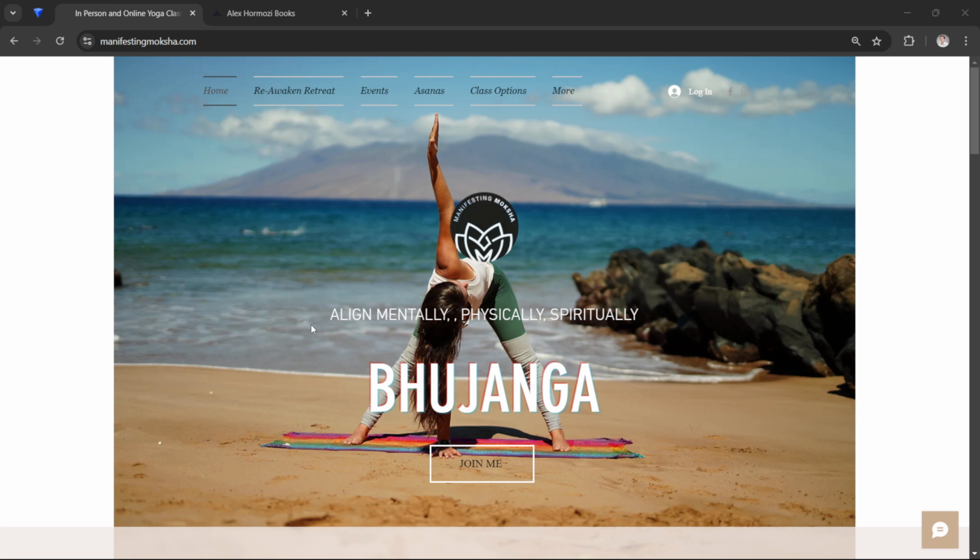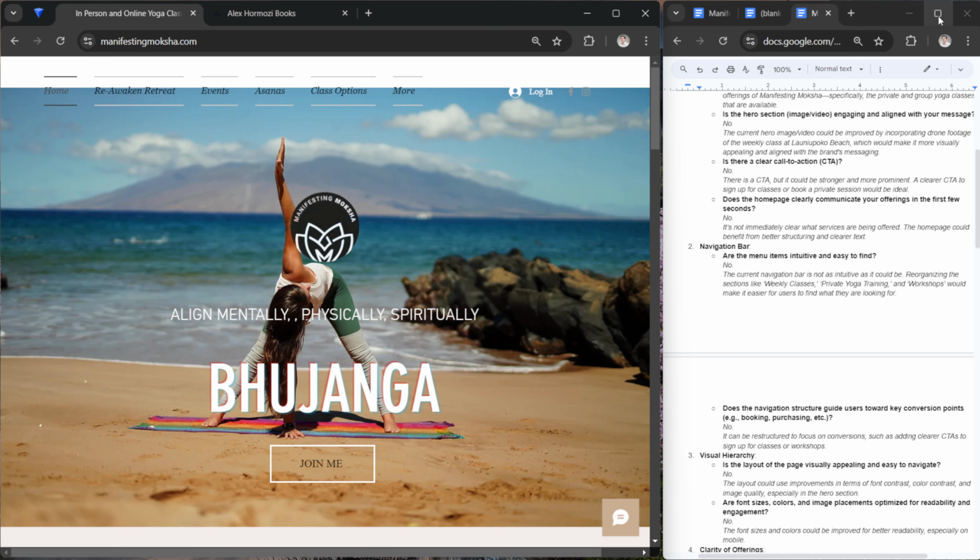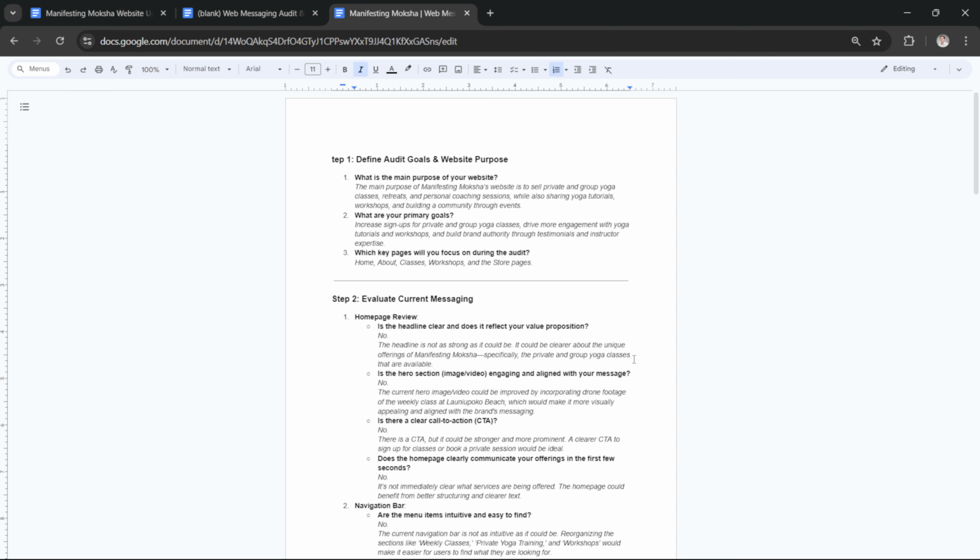But yeah, I just wanted to show you guys a quick run-through of how I think about web messaging. This could be a boring topic for people who aren't doing that, but I think there could be more content on this topic. Let me know what you guys do for your web messaging if you're an expert on that, or if you already have a current concept. But I'll share this link to